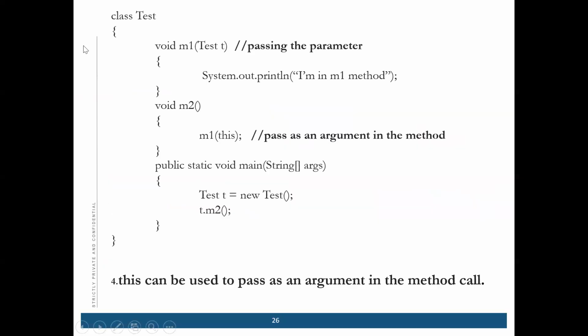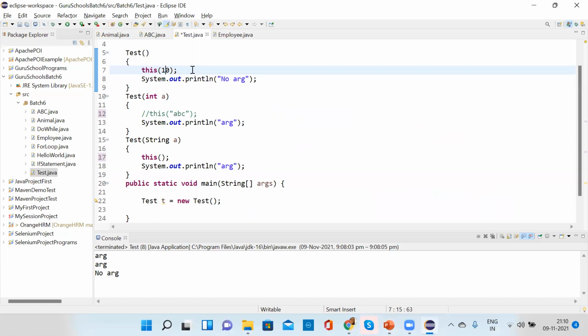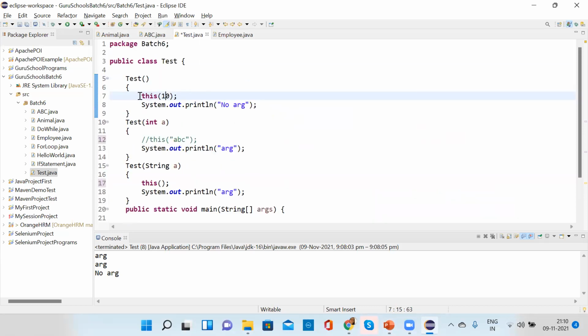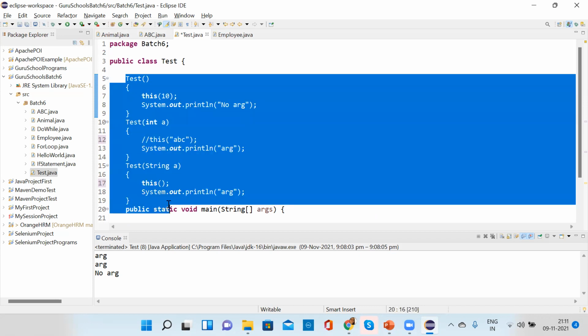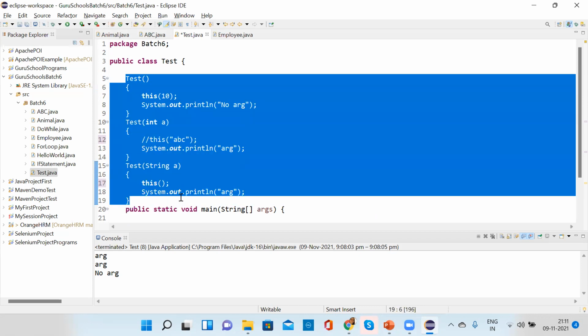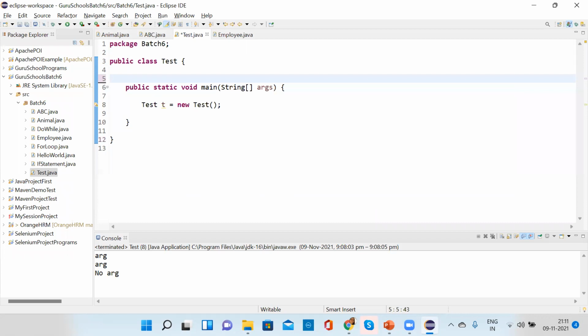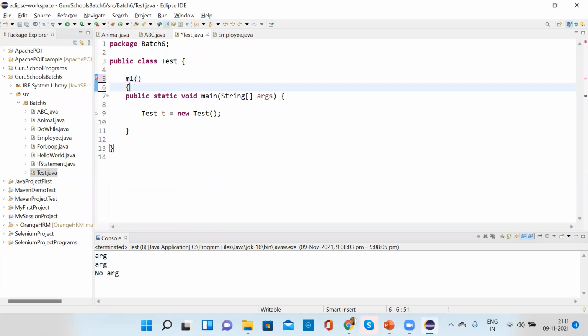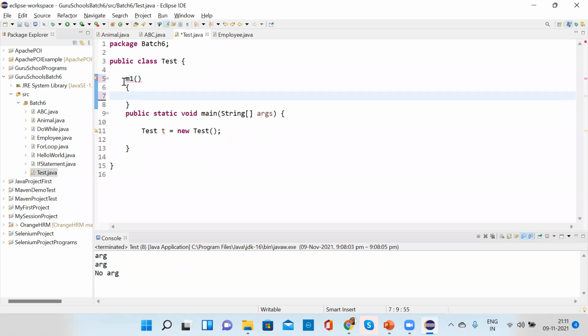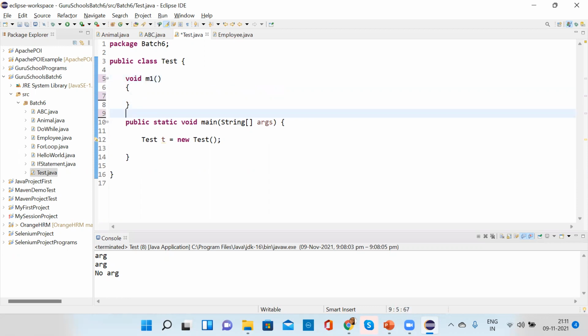So I will create a Test class only. Inside that, I will create two methods, method 1 and method 2.